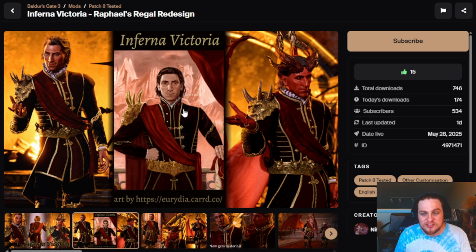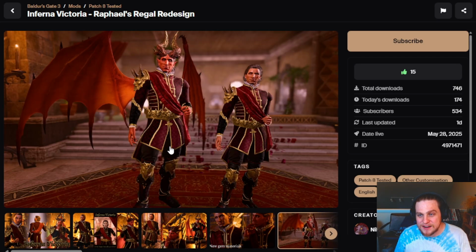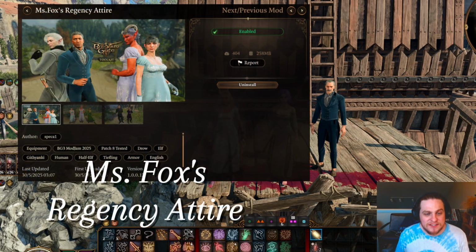Look there, he just looks so regal. He's got the freaking devil on his shoulder, he's got this sash here, this absolutely regal outfit. It just looks really fantastic on him, and I don't think there's a better outfit out there for our favorite Cambion, Raphael. If you don't want Raphael to be the only character dressed all fancy-like, we've got Miss Fox's Regency